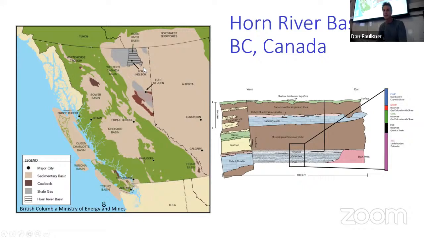And I'm always really keen, as somebody who studies tiny little rock samples in the lab, to try to think of ways that we can test whether or not the measurements that we make in the lab are really relevant to the bigger scale. So this project was an opportunity to do that.